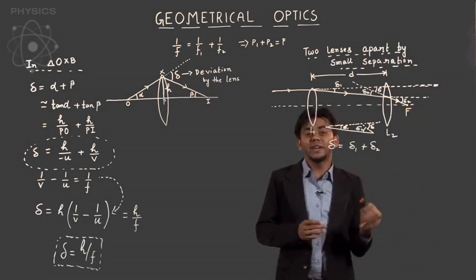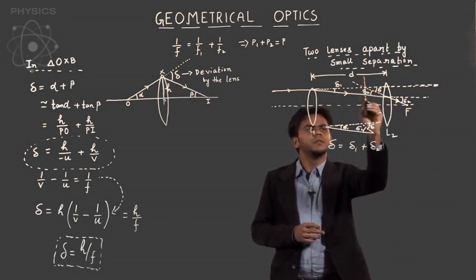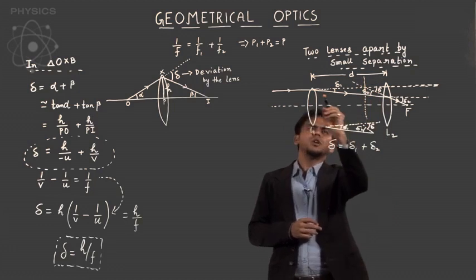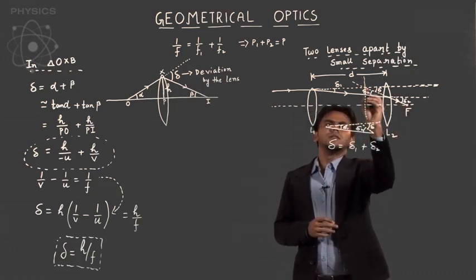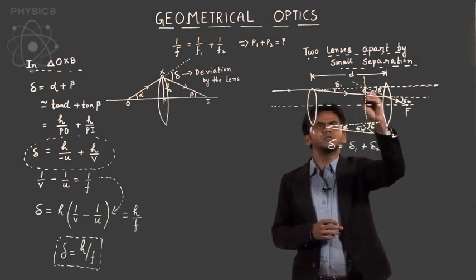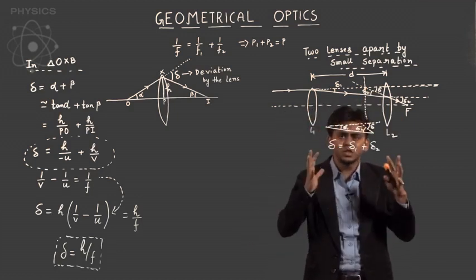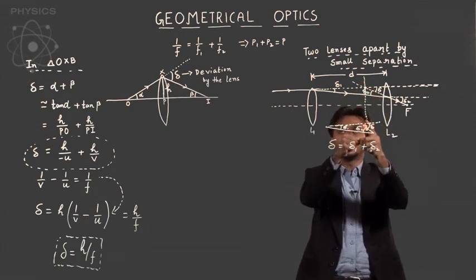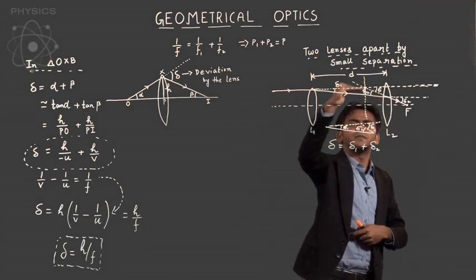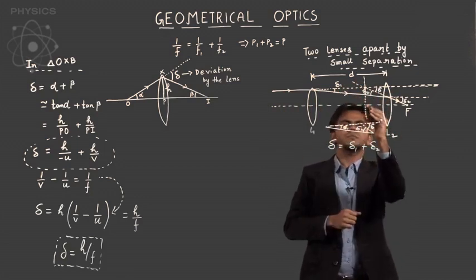Right? From where? The measurement has to be done from this point. Why? Why this point? Because if I take this backward, the deviation is thought of from this point. See, think it through. Pause the video, think of the geometry of the situation, and understand that if I keep a lens over here and a parallel ray comes over here and then intersects this point, this is acting as your focal length,